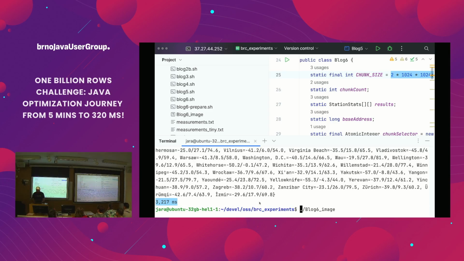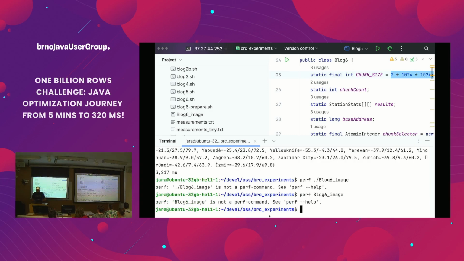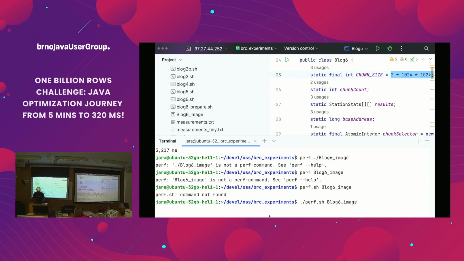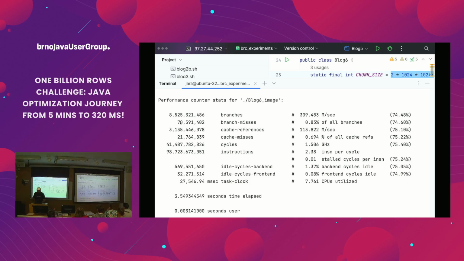And maybe one last thing with perf. If I run it with perf, because I use my own Docker script. Yeah, okay, now it's running. We should see, it's there. We should see that almost no, well, 70 million branch misses. Well, 70 million branch misses for 1 billion rows, it's not too bad, right? It's just less than every 10th row had on average a branch miss.